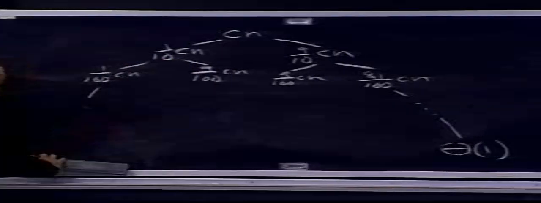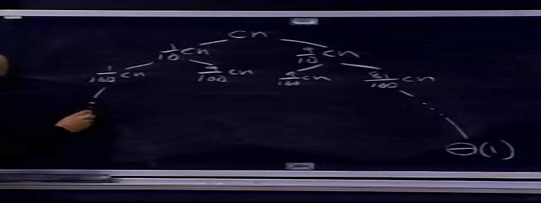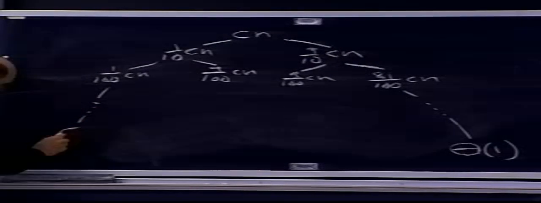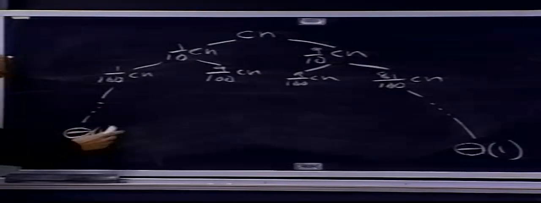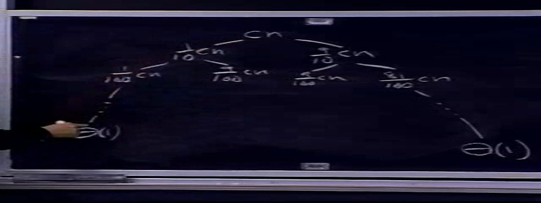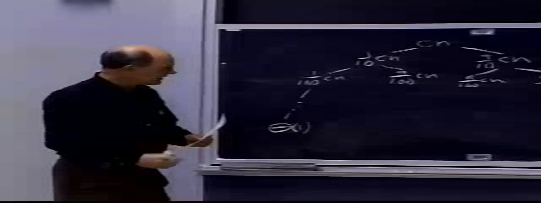Okay? Actually, I'm going to redraw this just a little bit because I don't want to give the impression that these two things are at the same height. They're not. In fact, if I go along the left spine here, notice I'm going to get to theta 1 quicker than if I go this way. Okay? So let's do a little bit of adding, and then we'll look more carefully.